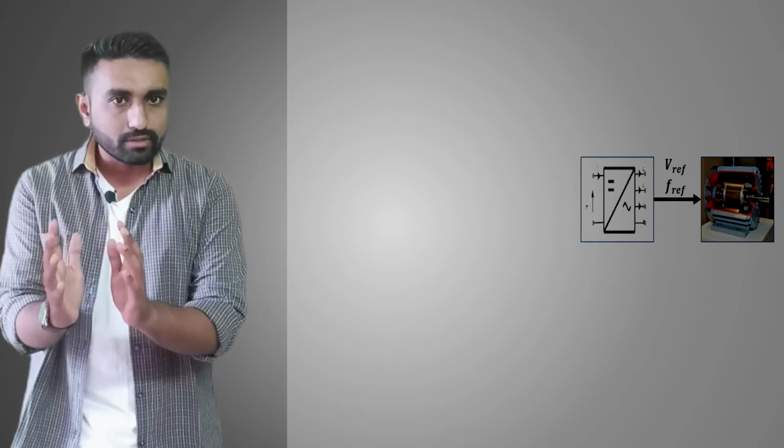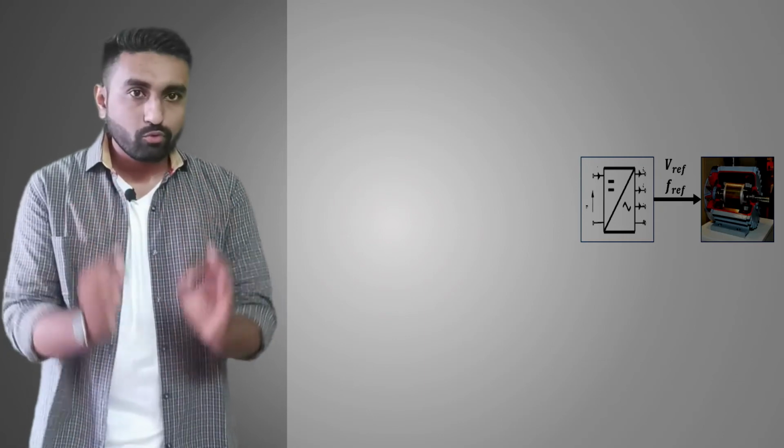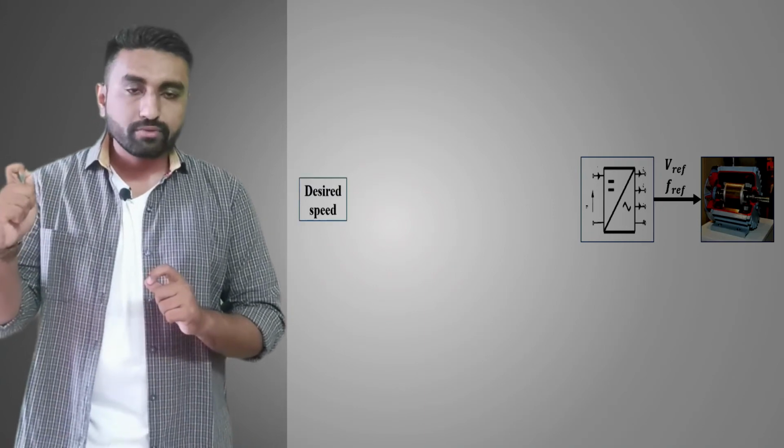So here I will give you just a simple example. Let us take the example of a motor. Let us assume that you have a motor and you want to control the speed of that motor. Basically the speed of the motor is controlled by regulating the voltage and the frequency. And for that we actually connect an inverter. So the inverter basically takes care of the voltage and frequency. So let's focus on the block diagram. What we actually do is, we have the desired speed. What is our desired speed?